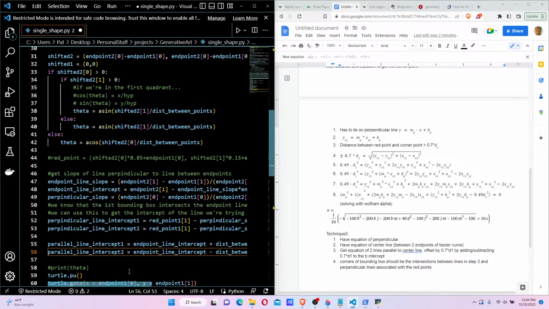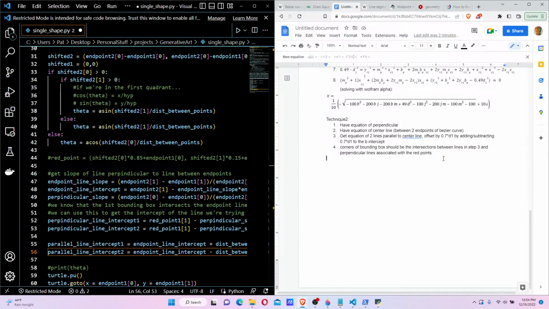Parallel line intercept 1, parallel line intercept 2. So if we're trying to equate two lines, and the two lines are y equals m1 times x plus b1, and the other line is y equals m2 times x plus b2, then you want to say y equals y, which means that m1 times x plus b1 is equal to m2 times x plus b2, and we also have the condition that